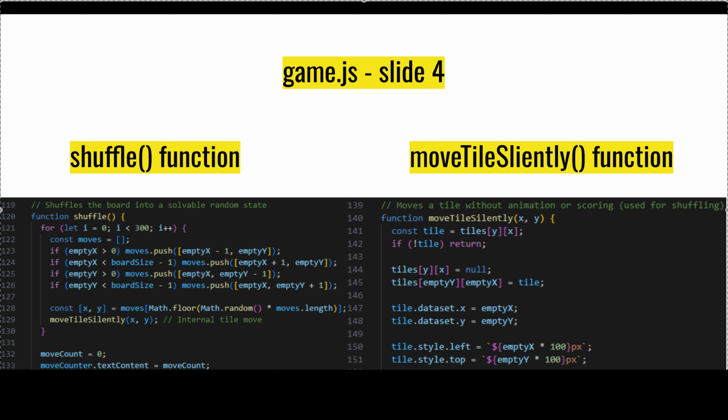The shuffle function mixes up the puzzle at the start. It runs a loop 300 times. Each time, it finds a random tile next to the empty space, then moves the tile into the empty spot. This creates a random but solvable puzzle. We make sure to only move the tiles with valid neighbors. After shuffling, we reset the move counter, hide the win banner if it was showing, start the timer, and update